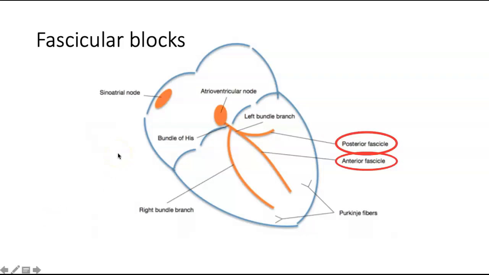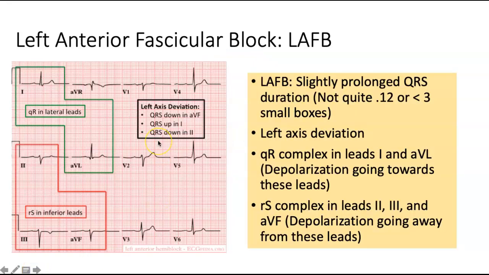Fascicular blocks. So these occur more distal to the left bundle. Left anterior fascicular block, slightly prolonged QRS, but not very wide. So not greater than 3 boxes. There tends to be left axis deviation. So here we have lead 1 is positively deflected upward. Lead AVF is downward. So we do in fact have left axis deviation because we also have a downward deflection